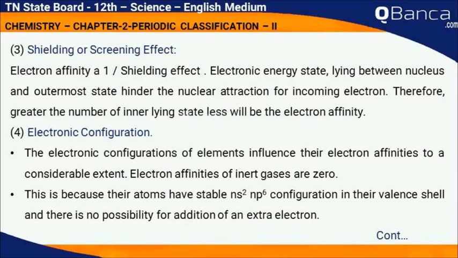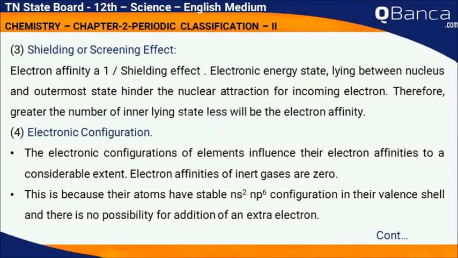Electronic configuration. The electronic configuration of elements influences their electron affinities to a considerable extent. Electron affinities of inert gases are zero. This is because their atoms have a stable ns2 np6 configuration in the valence shell, and there is no possibility for addition